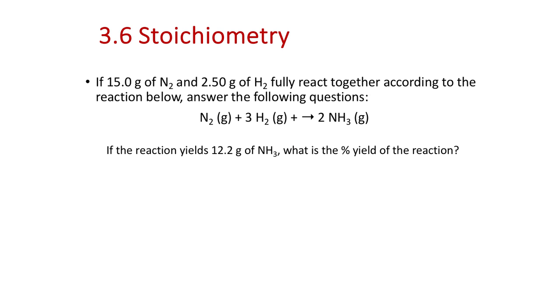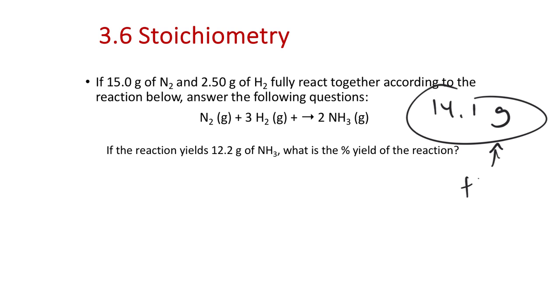Okay, so we do this reaction here like we did before. We're supposed to get 14.1 grams as our theoretical yield because that's what we found previously. So this is our theoretical yield. Coming back to the concept of theoretical yield, theoretically this is how much product should be yielded in this reaction. So if the reaction only yields 12.2 grams of ammonia,